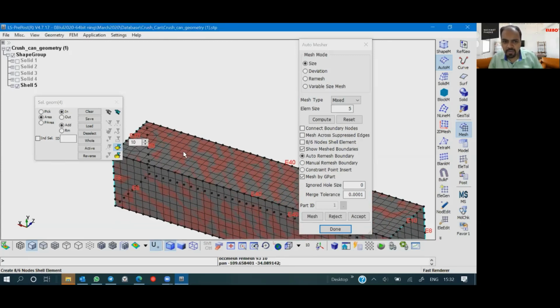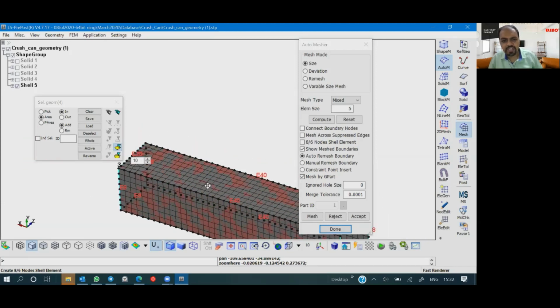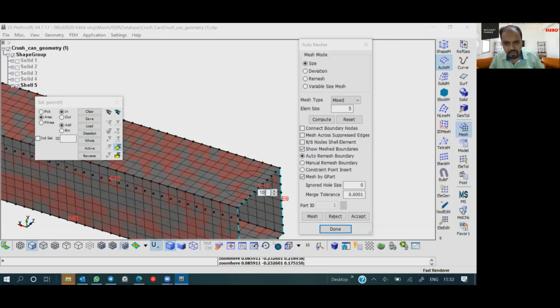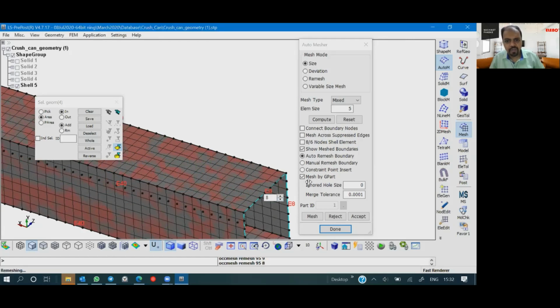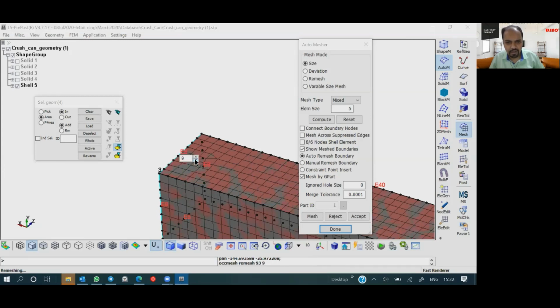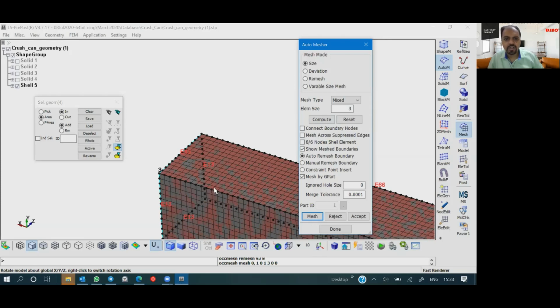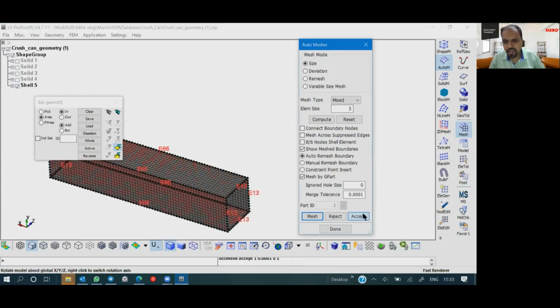Because I made two different changes, the mesh is not getting self-corrected. So I can do simple stuff. I can just make it 8 again, lower it down to 8, and I can click here and lower it down to 8. I can make changes like this. I can change the number of elements. I can even change this size to 3 and click on mesh again. You can see the change happened in E13. From E8 it changed to 13 elements, and you can click on accept and done.